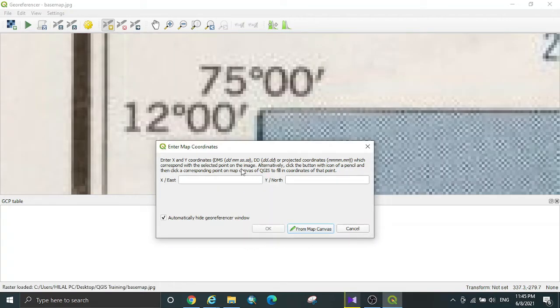Now we have to add the values. Enter X as longitude and Y as latitude. If you have only a degree value, leave the minute and second values. Click on OK.